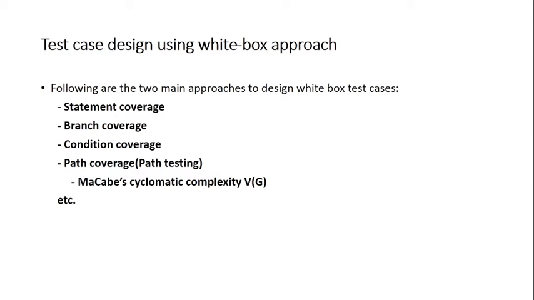Quickly summarizing it. Now, what are the methods that are used to design the test cases using this white box approach? The first method is basic path testing. Now, in order to consider basic path testing, a few relevant concepts are there; first of all, we must know the coverage. The first one is statement coverage. We design the test case according to this. We design test cases according to branch coverage, condition coverage, and then comes the path coverage or basic path testing, which includes one method, that is McCabe's cyclomatic complexity.